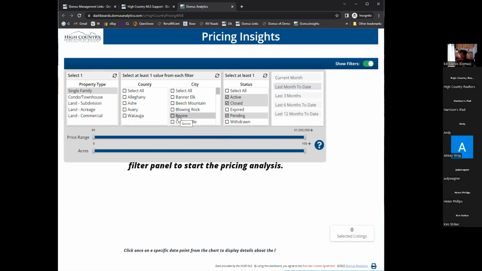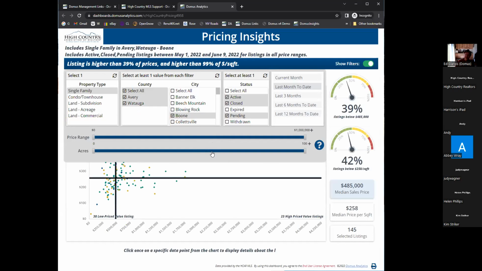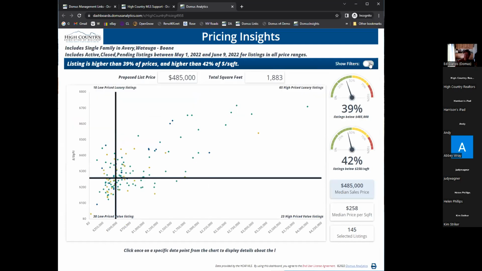So I know that the association's based in Boone, so we're going to go ahead and pick on Boone here right now. And this is the first dashboard that's making me pick actual things before I go into it. It's making me pick filter selections, and we'll understand why here in a moment. This is a simple scatter plot. Every dot on the chart